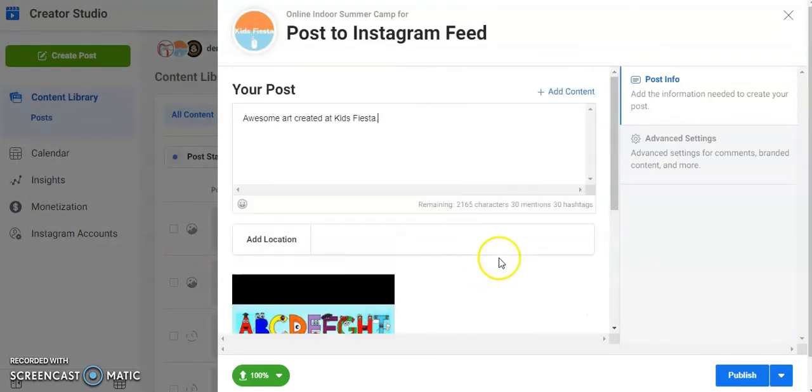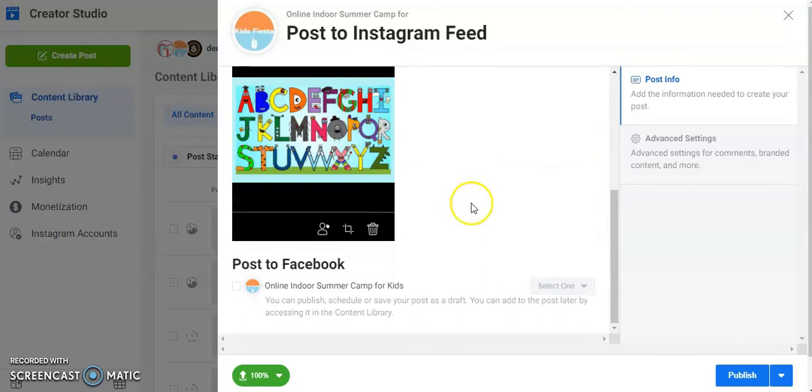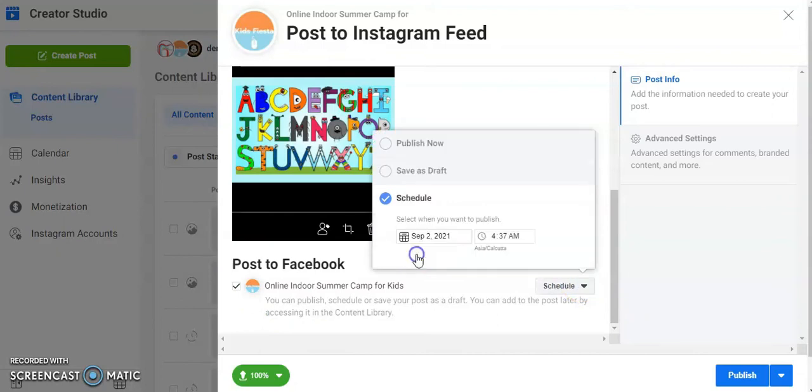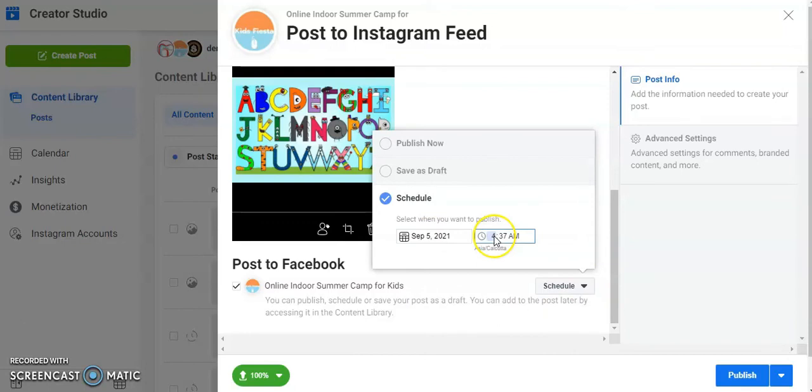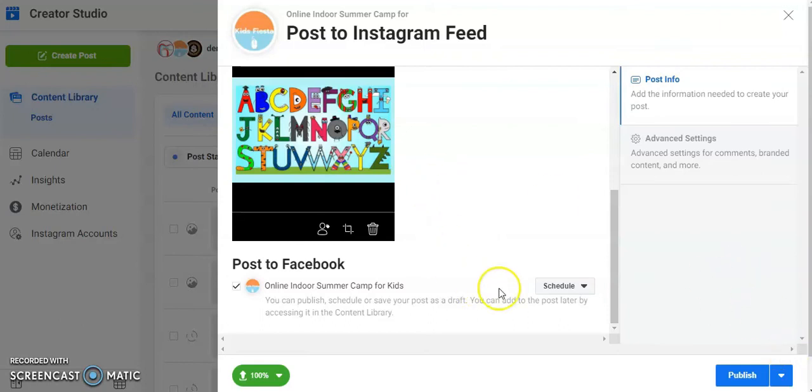Okay, and I want to post the same post on Facebook. So what I'll do is I'll just check this box here, and then I want to schedule this post for 5th of September, for example. So I'll just click here, 5th of September, timing would be 9 p.m. Okay, and I have scheduled my post here. So this has been scheduled for Facebook, but it hasn't been scheduled for Instagram.